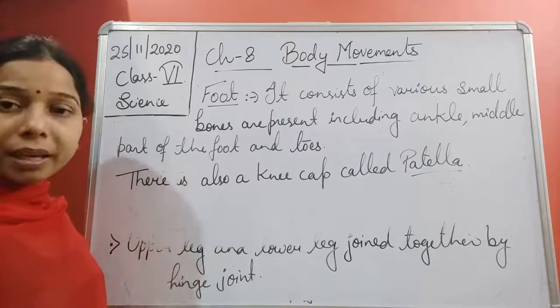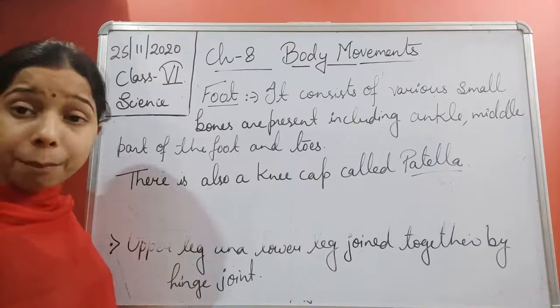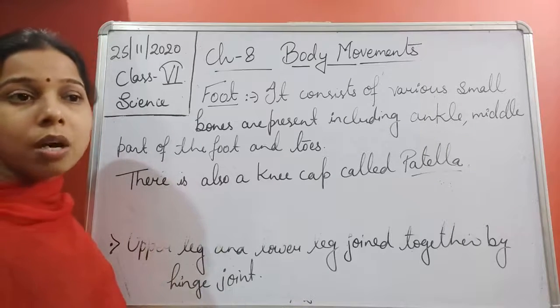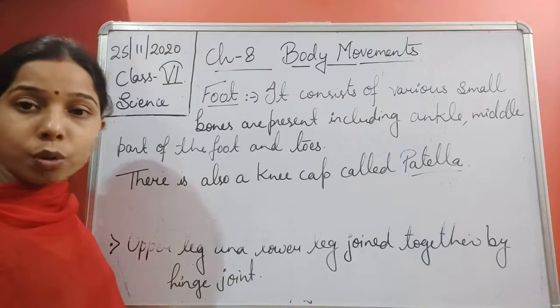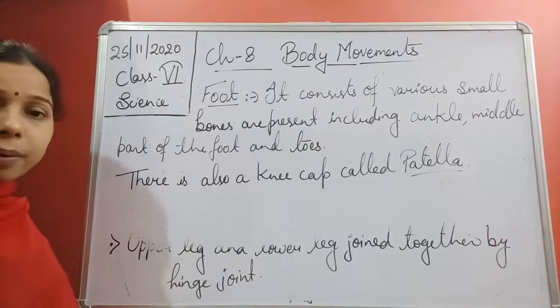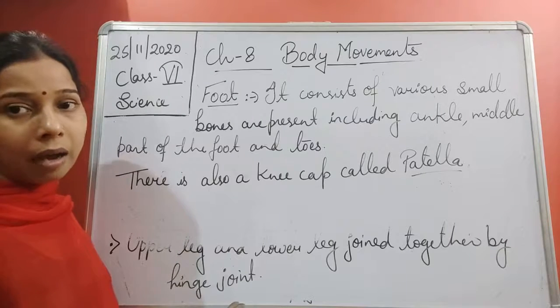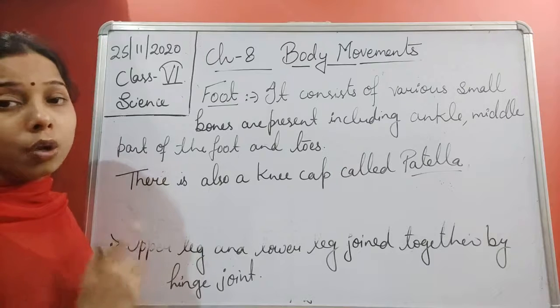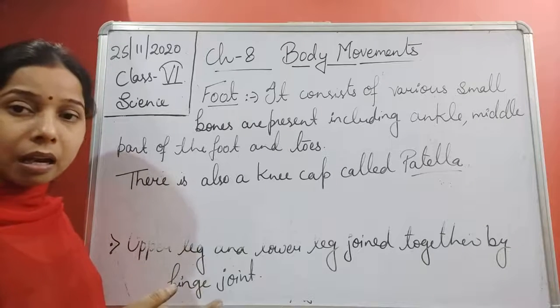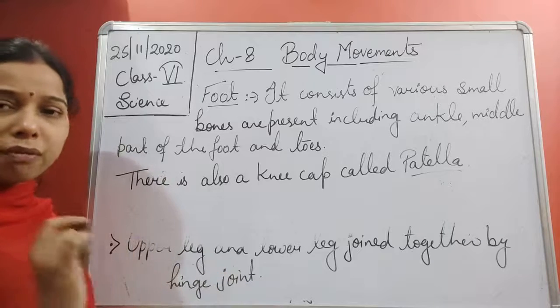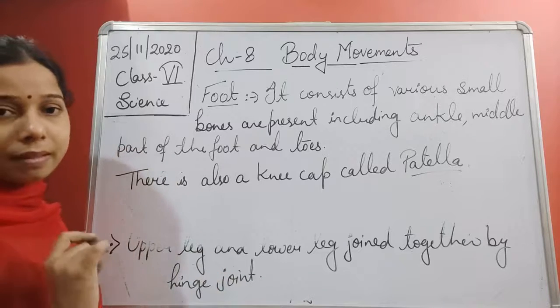or the rib cage, or even the hip bone, and the arms. The shoulder bone is divided into two, collarbone and shoulder blade. Then the arms are divided into three: upper arm, lower arm and hand. The upper arm, students, consists of the humerus, the lower arm consists of the radius and ulna, and the third one is the hand, where various small bones are present.